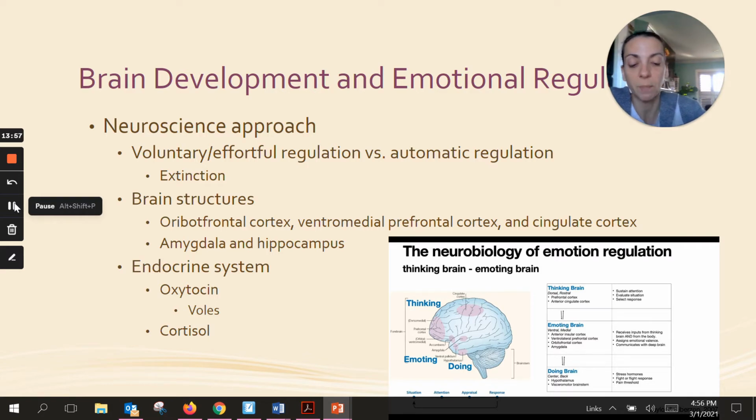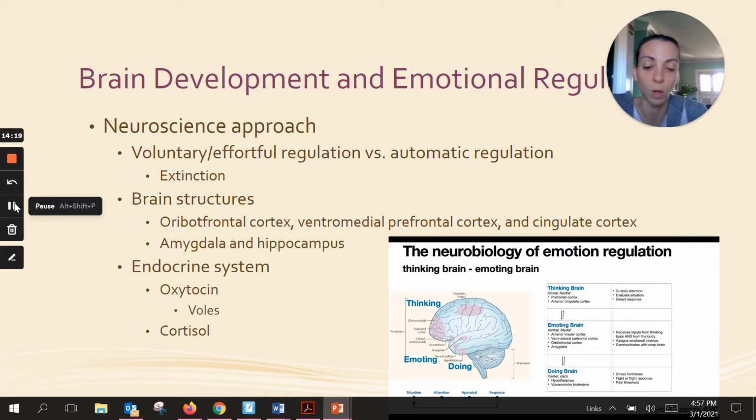The amygdala and the hippocampus are critical for emotional processing. Impairment leads to shallow affect and lack of empathy. And hippocampus and amygdala damage is found in studies with children with callous unemotional traits. We're going to talk about callous unemotional traits in the next chapter. There's a whole chapter that's devoted to that.